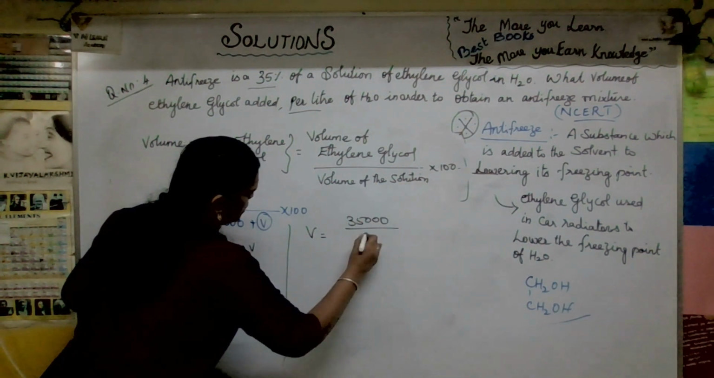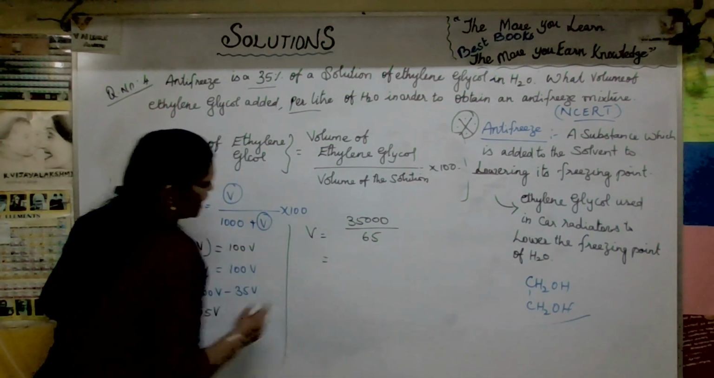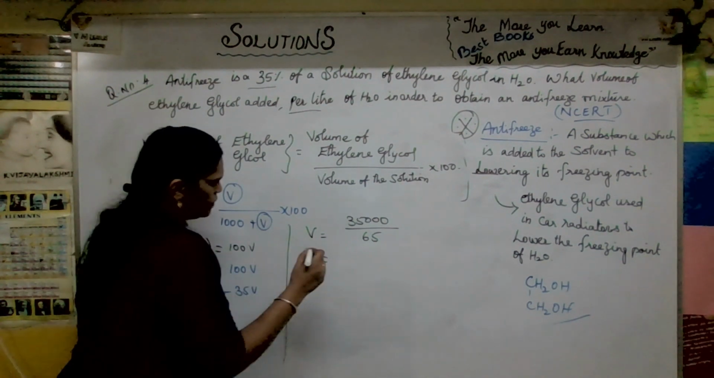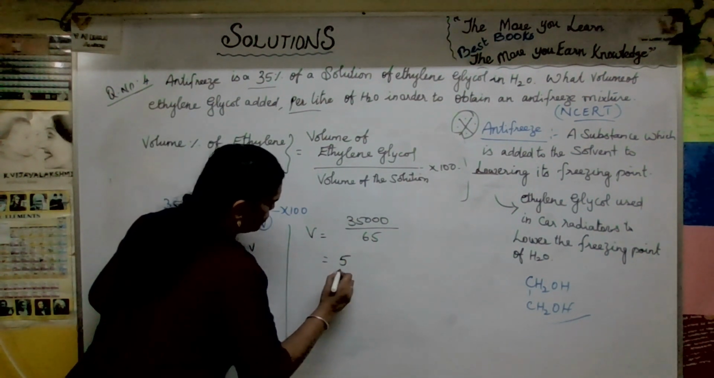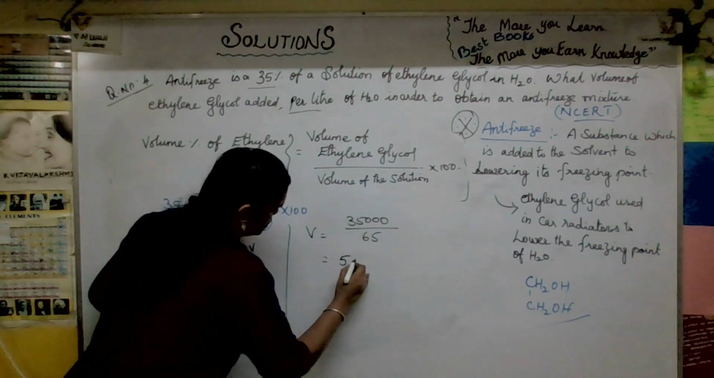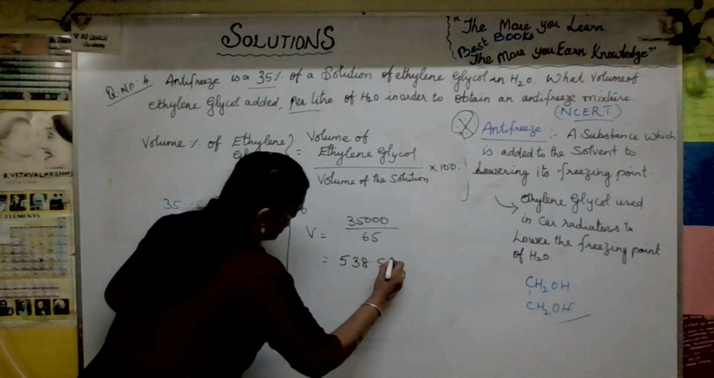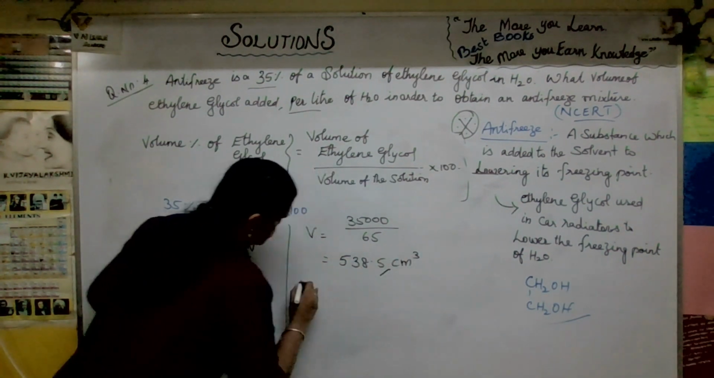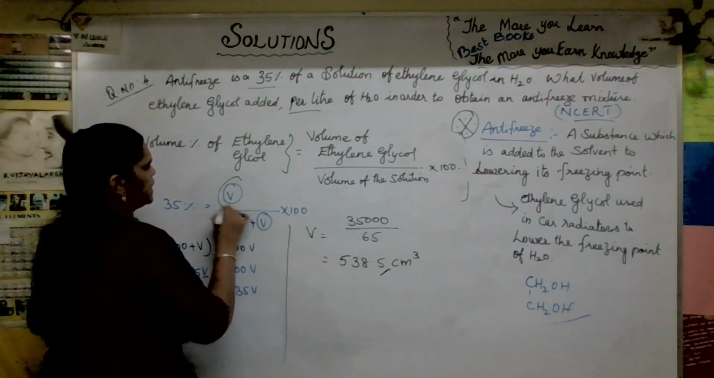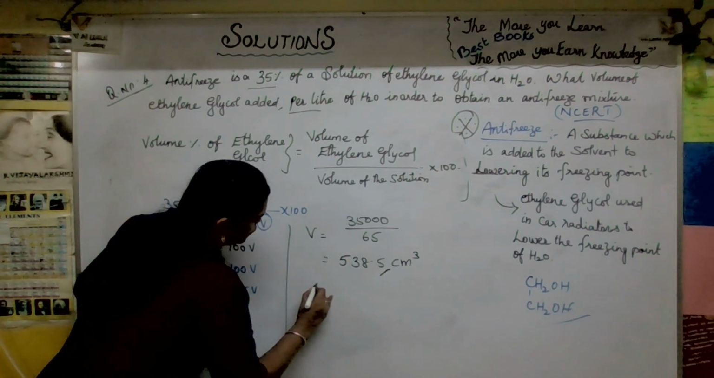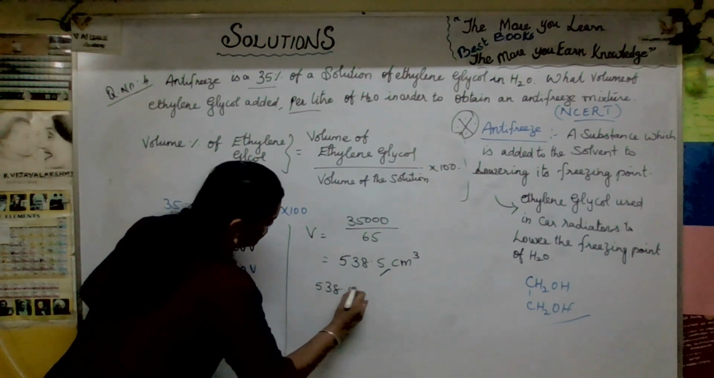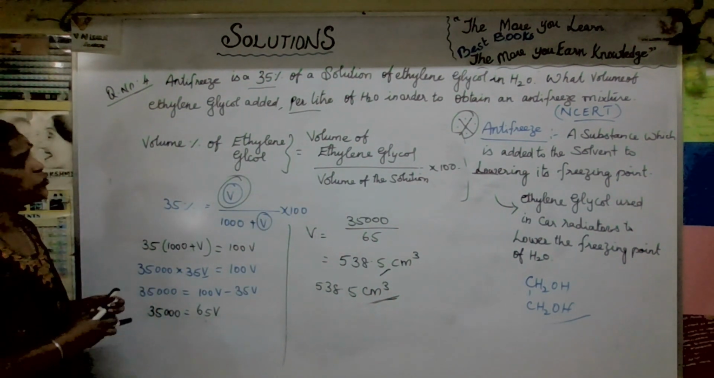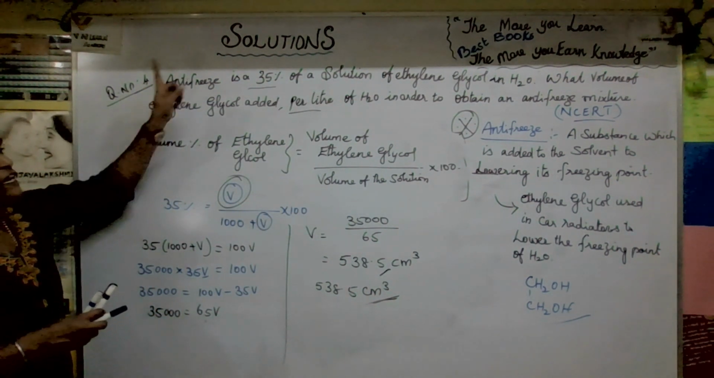35,000 divided by 65. So what is the answer? You will get it. Come on, let us calculate it. 538.5. Okay, volume only. No, we can write centimeter cube. So how much volume required here? It is 538.5 centimeter cube. Hope you got a better idea how to solve such kind of question, and it is very